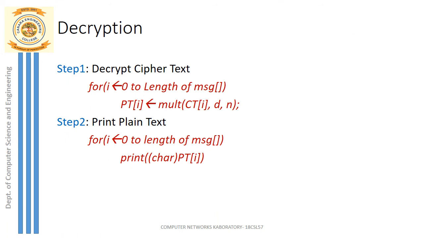The next is the decryption process. Again, the decryption process is straightforward. Whatever we have in CT, we have to convert it into plain text and we store it in an array. Again, we are using a loop for traversing through the CT. Since we have the same number of elements as whatever we have inside the message, the loop will go from 0 to the length of the message. Otherwise, it will go till the size we have given for CT.